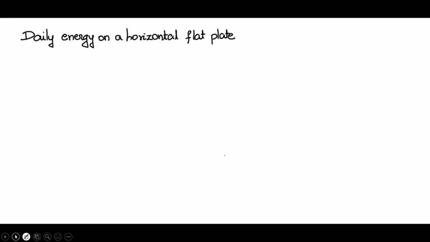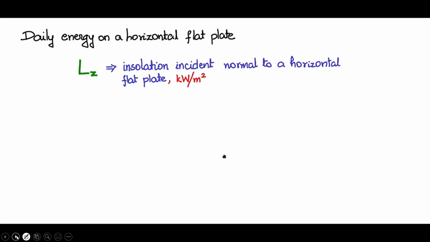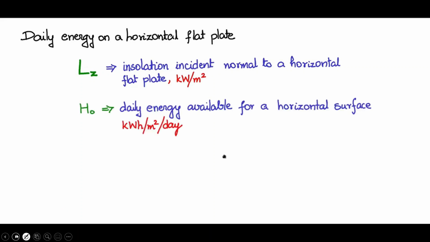One is normal incident solar insolation, that is Lz. Insolation incident normal to a horizontal flat plate. Units are kilowatt per meter square. And we are going to find daily energy available for a horizontal flat plate in the units kilowatt hour per meter square per day. So we are going to find energy falling on a flat plate